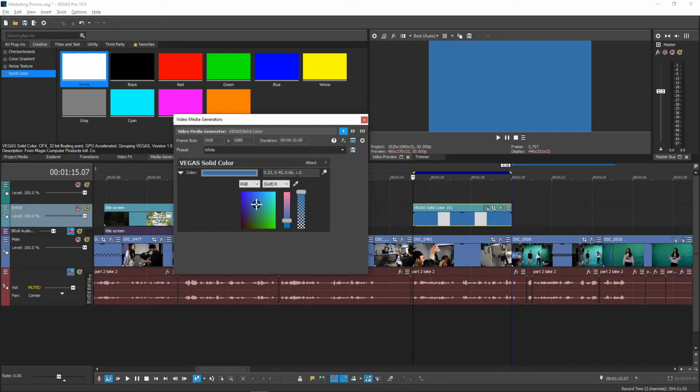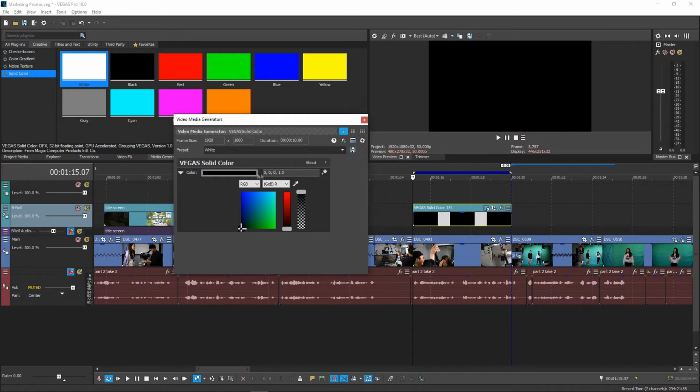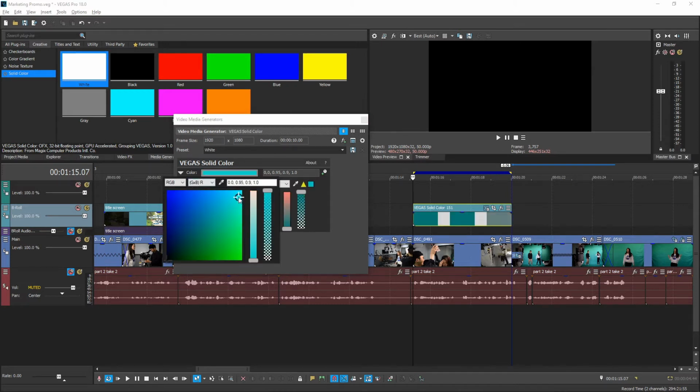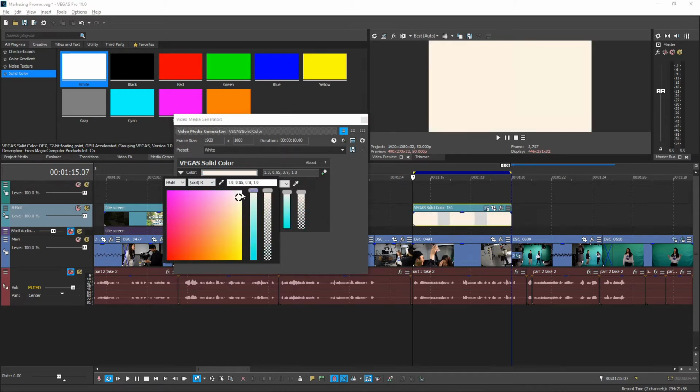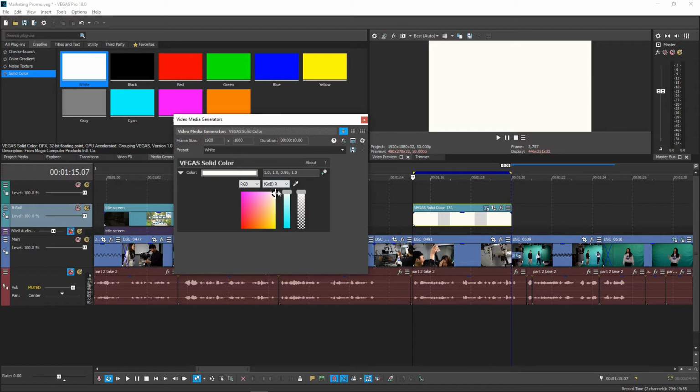So, if we change the numbers here to 0, 0, 0, 1, it turns black because that means there is no red, green, or blue added. On the other hand, if it's 1, 1, 1, 1, it turns white. Anything in between creates all the colors in the world.